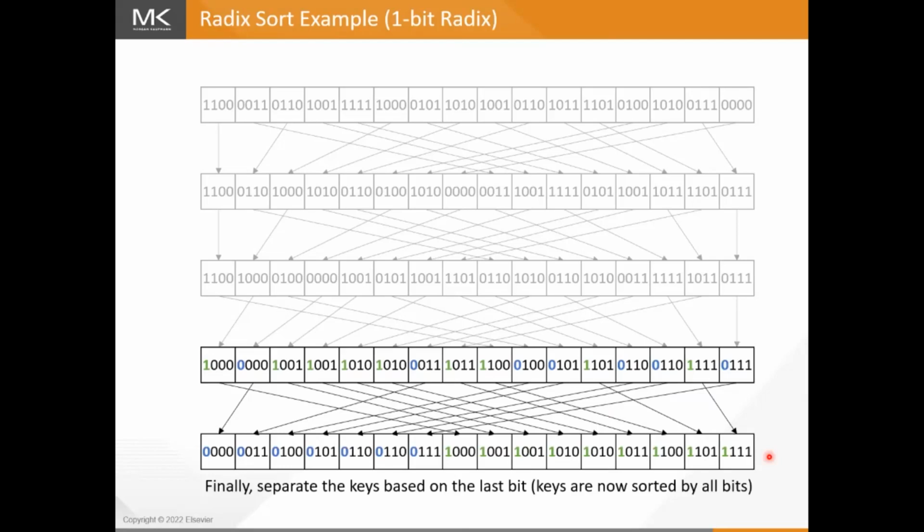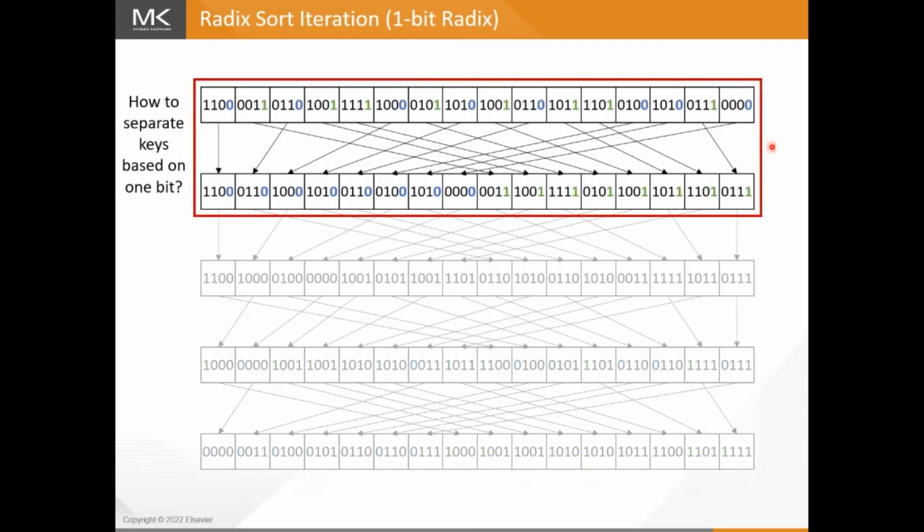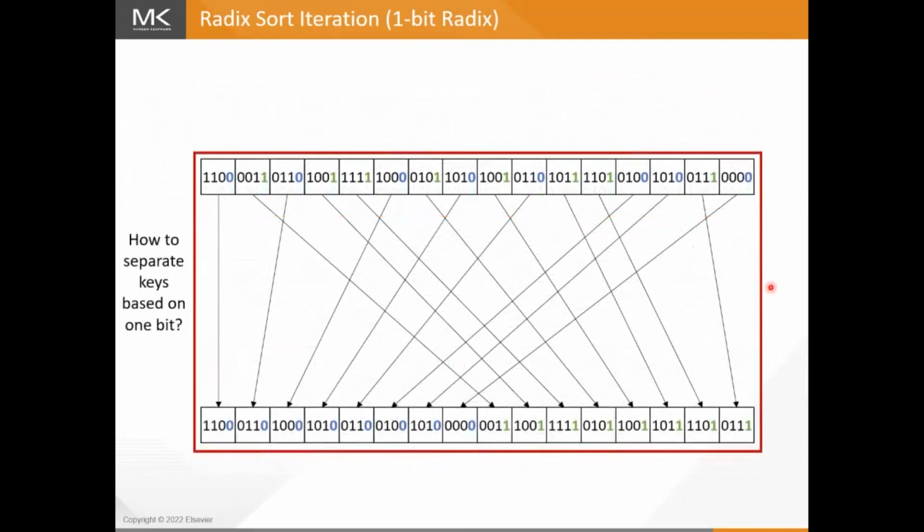Okay, great. So how do we parallelize this? Well, obviously the iterations are going to have to happen sequentially, one after the other. So we're going to parallelize each one of these operations. The question of how to parallelize radix sort is really how do I parallelize one iteration of radix sort? I can assign a thread to every one of my input elements. That thread can be responsible for writing that input element to the right place in the output array. So really the question is, how do I find the destination of each element